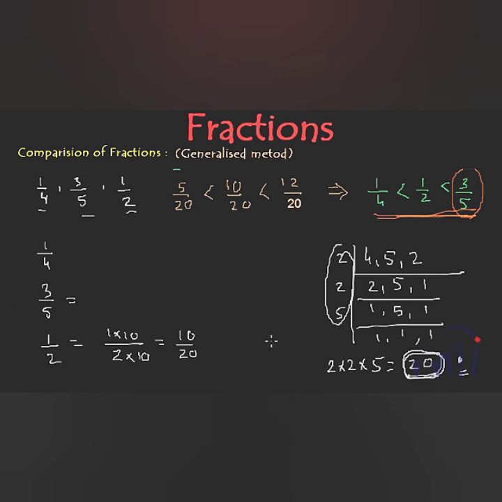And here also we have to make denominator as 20. So to make the denominator as 20, we have to multiply 5 by 20 divided by 5. 5 4s are 20. So if I multiply 5 by 4, I am going to get denominator as 20, and since I am multiplying denominator by 4, I have to multiply numerator also by 4, and then we will get the new fraction as 3 4s are 12 and 5 4s are 20, right?